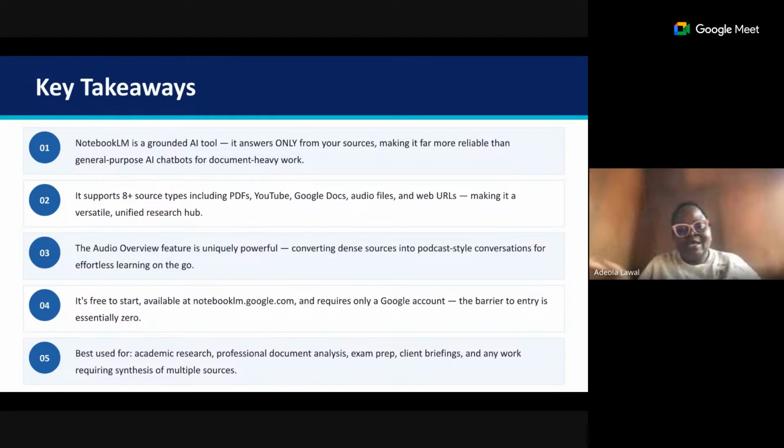Yeah, so it isn't a one-sided thing. It is quite interesting, and I would love you to try it out also. It's free to start, available at notebooklm.google.com and requires